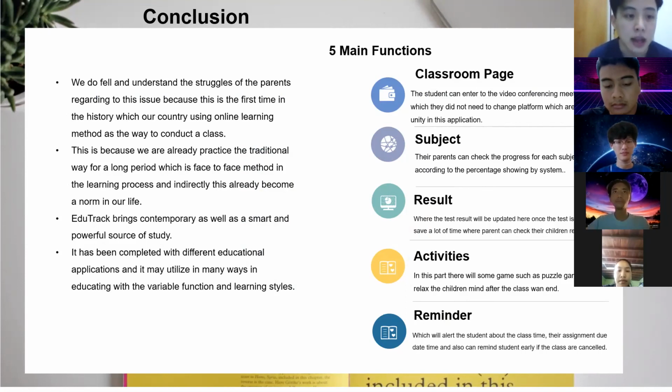Last but not least, we really hope that EduTrack can help parents track their children's work and also improve the online learning method. The young generation nowadays is more driven to using modern technology, and this can make it easy for parents to track their children's work using our application. Therefore, we believe that attractive and suitable learning tools can be the most effective method to improve online learning, and also help parents manage their time well without missing their children's progress.